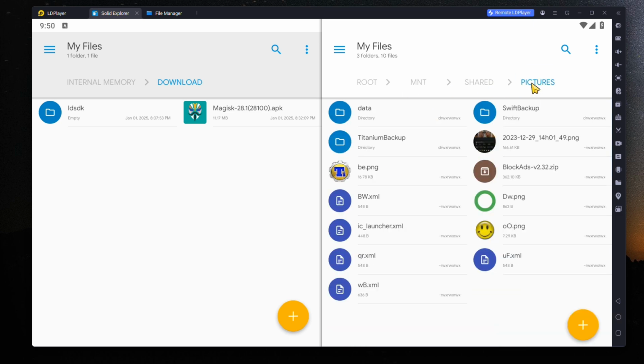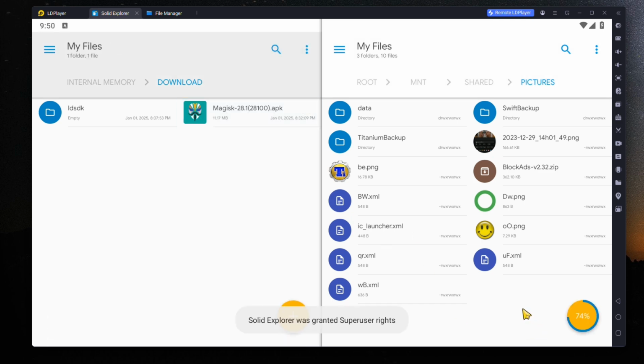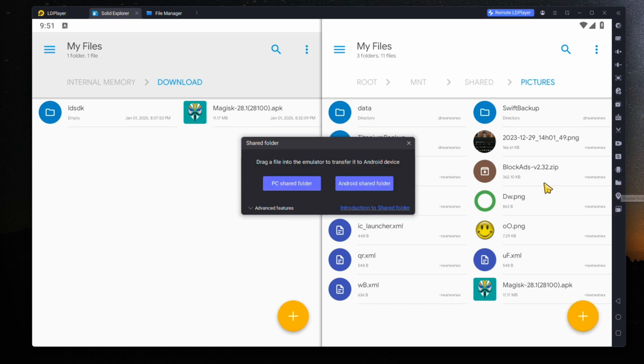access on your computer. I'm using SOLIDBugs to copy this APK file from the internal Downloads folder to the shared folder on the right side. Once the copy is finished, you can access the file from your PC, press the Shared Folder button, and select